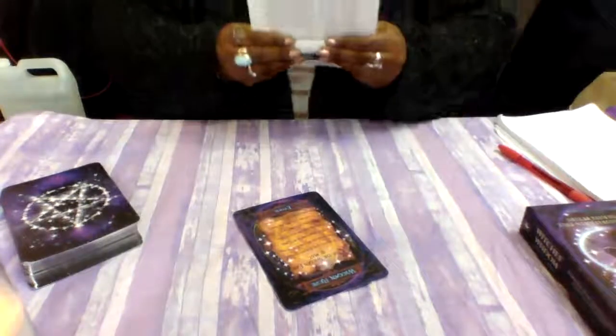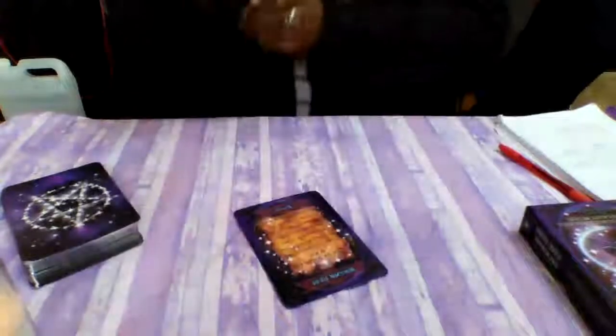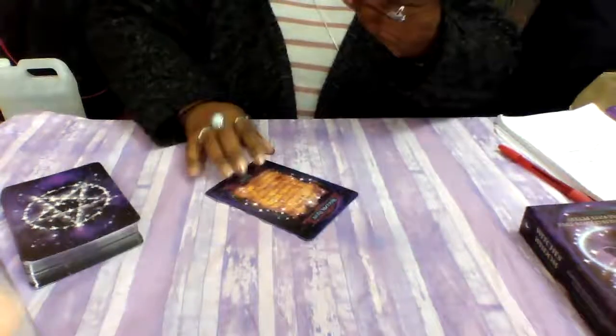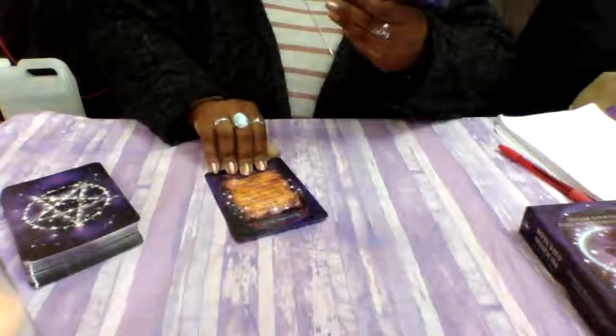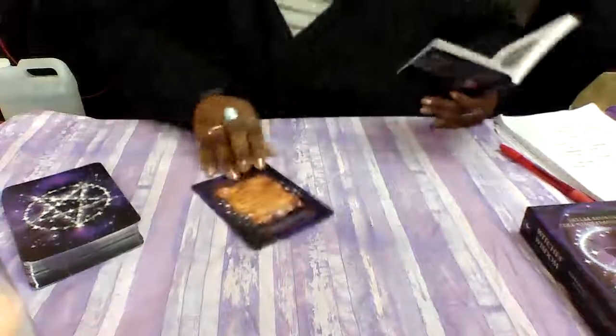So as you can see, it's very detailed in the book. So there is a little chant that you can do. And since it's the Rede, it's fine. I'll read that, because everybody should kind of keep that in mind with the things they put out in the